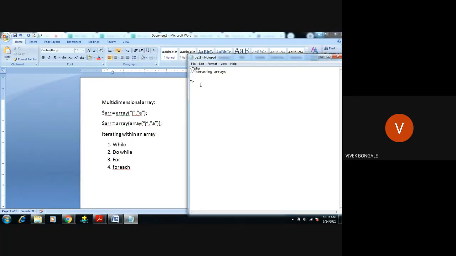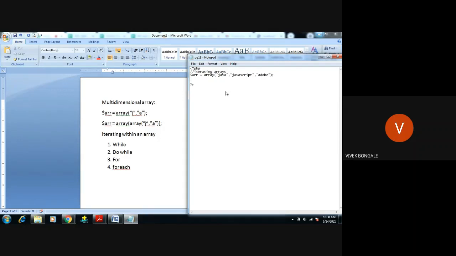First we have to initialize. First we have to define that array. Right. First we have to initialize that array. So $ARR equals array keyword. Right. Then I'm using some values here, assigning some values. That is numeric I'm assigning. So Java, JavaScript and Adobe, right? So these are some of the values I have taken here.